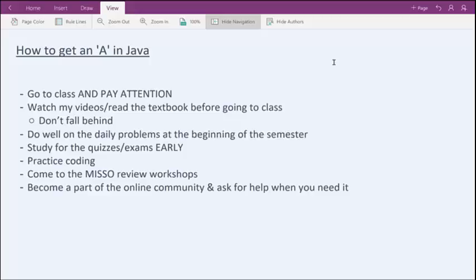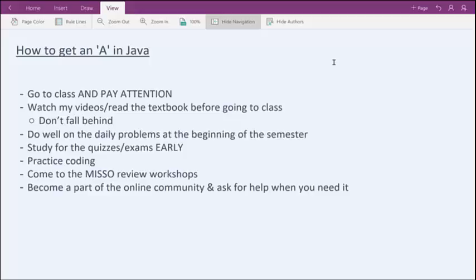One thing about me is I was actually that kind of student who would just study the night before, and I tried to do that in Java expecting to get a good grade on the quizzes and the exams. I definitely did not do that the first time I took it, so I actually had to drop the class and take it again the next semester, and approached it with a new mindset of staying with an open mind and just working really hard to learn what's being taught in the class. And that's probably the best way to get an A in Java, is just keep up with the material and just make sure you're not slacking.